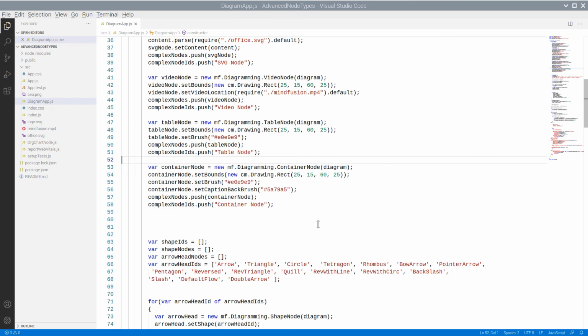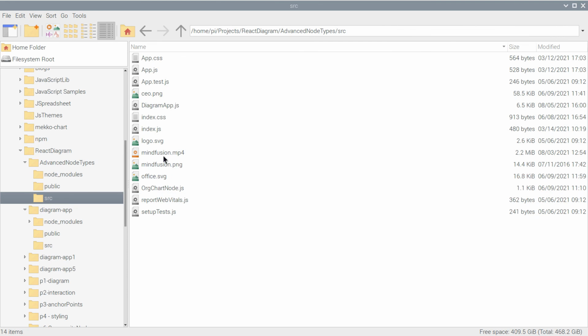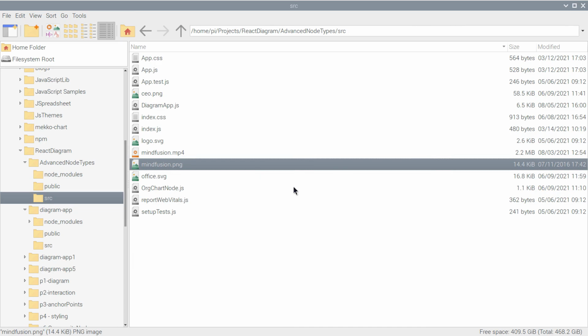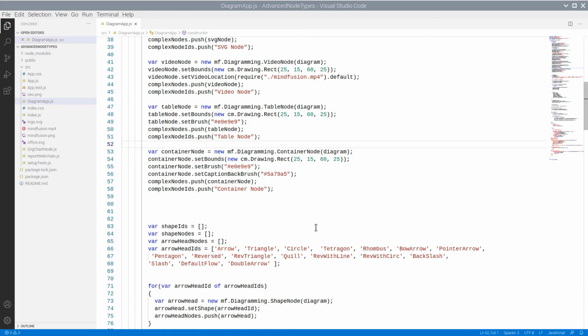For the last type of node, we will copy a picture in the SRC folder. This is a PNG file. We will use HTML code as content of a control node.